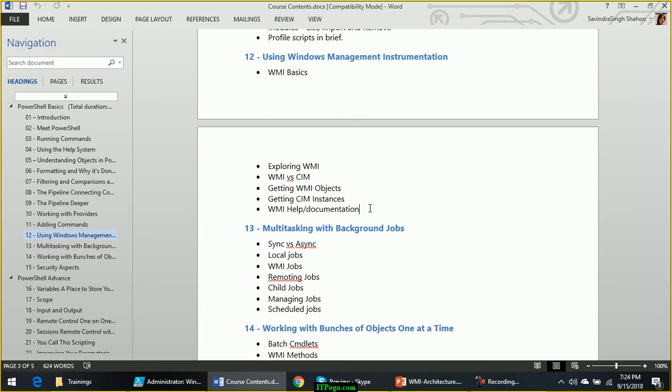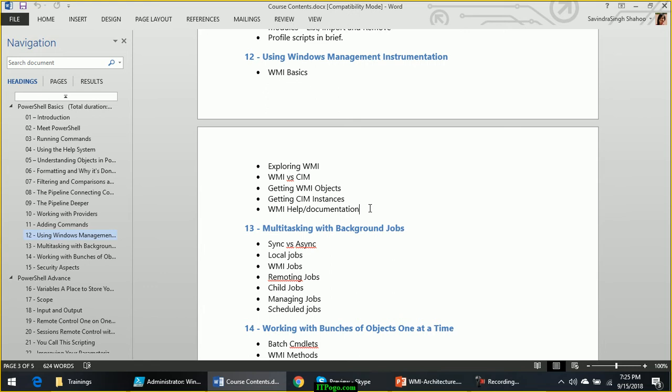If you want to find the battery status of your computer, if it is a desktop there will not be any battery, but you can get the chassis information, you can get the motherboard information, you can get the processor information, RAM information, anything which is part of the hardware or the software component of your computer. So this is the technology using which you can find details about hardware and software components.